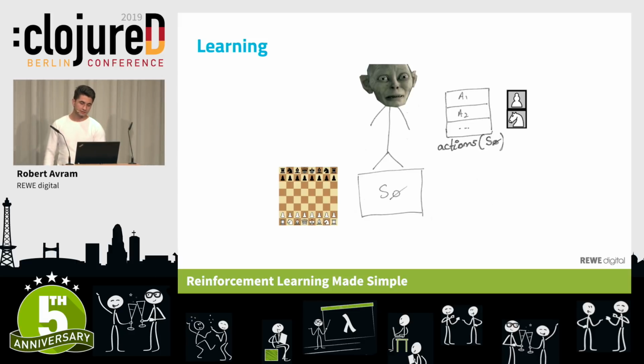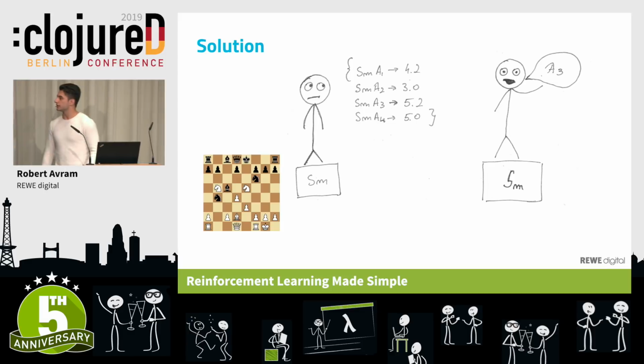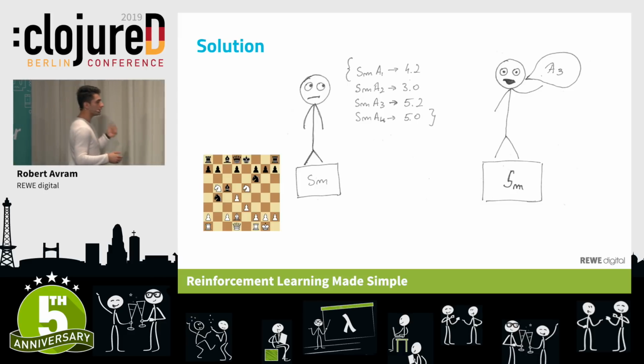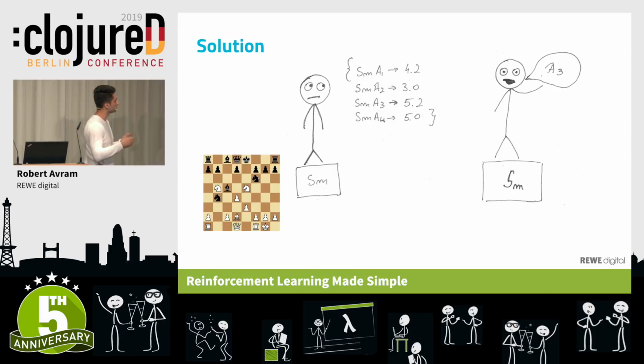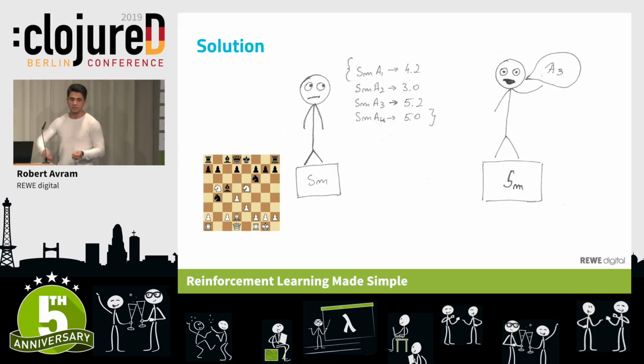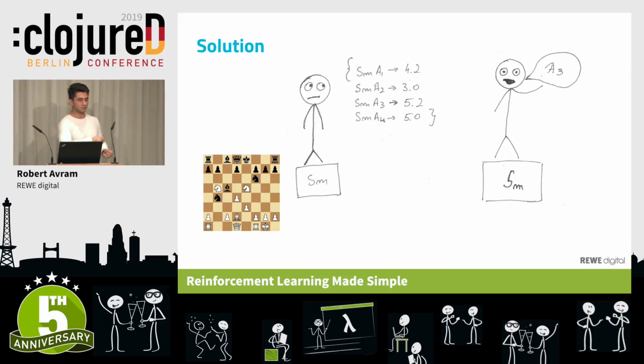Now, the last question is, how does the agent actually derive an optimal solution from all the things that he's done? Now, I've told you that the tendency is that the higher the values in the Q values that he has, the better it is to pick those actions. So what he basically does is, with the experience that he has, he's always going to pick greedily with respect to the action that he has.